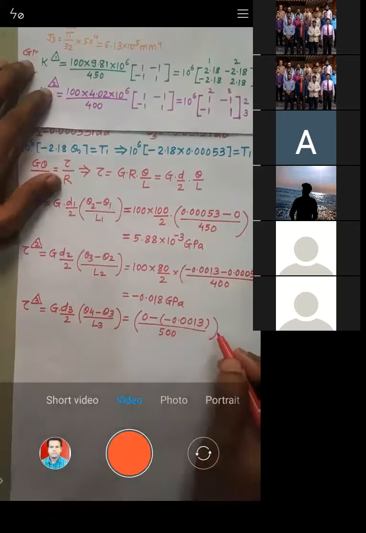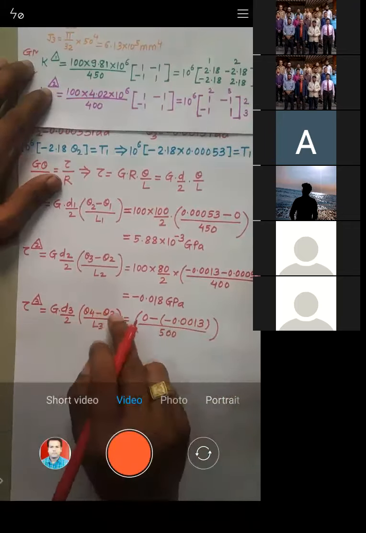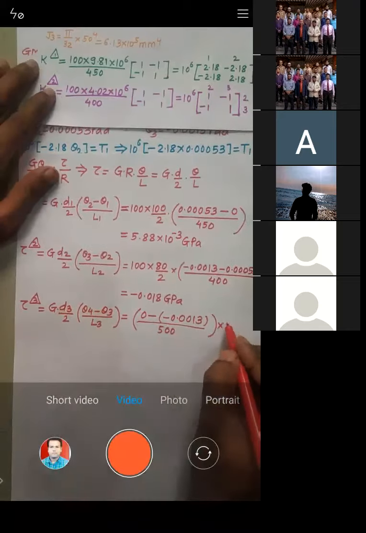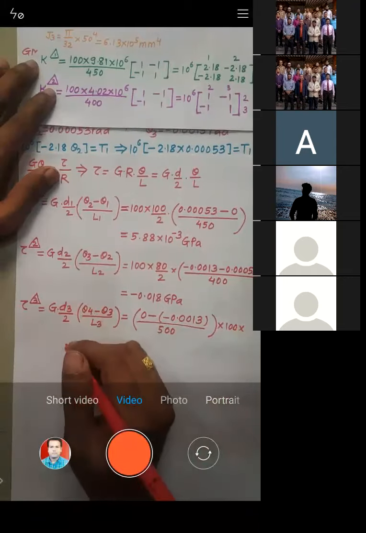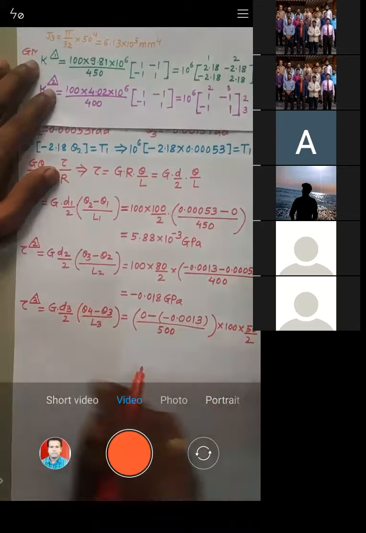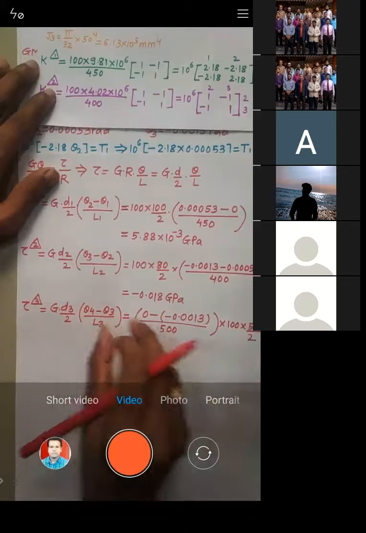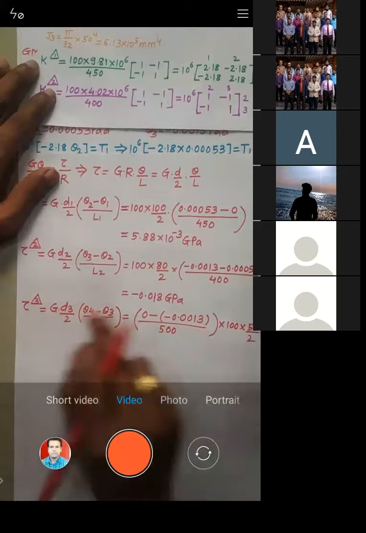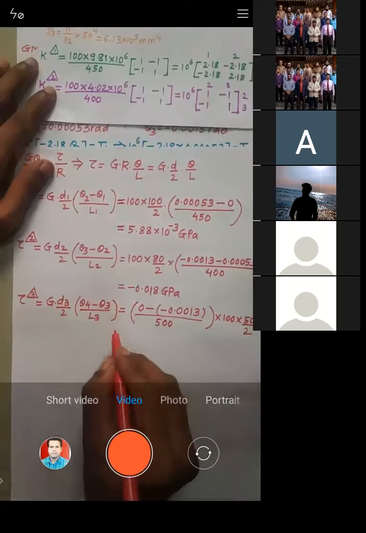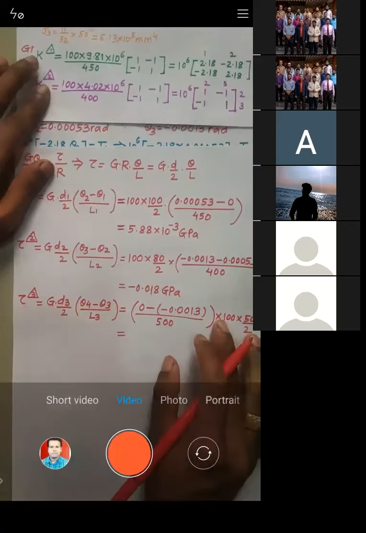See, this is theta 4 minus theta 3 into L3, into G that I have not written. G is 100 into D3 by 2. D3, diameter of third, is 50, into 50 by 2. I just wrote this term first, then G is 100 into diameter 50 by 2. So just do the calculation and let me know how much we get.